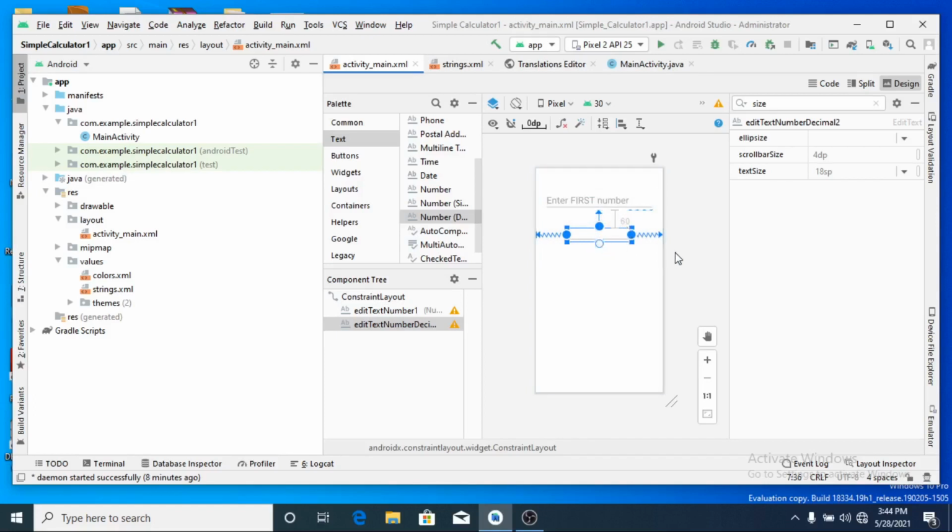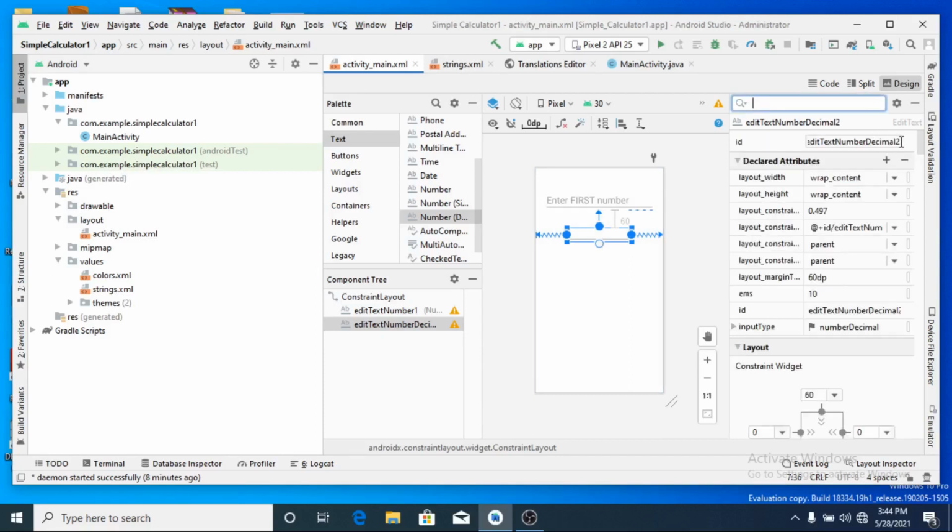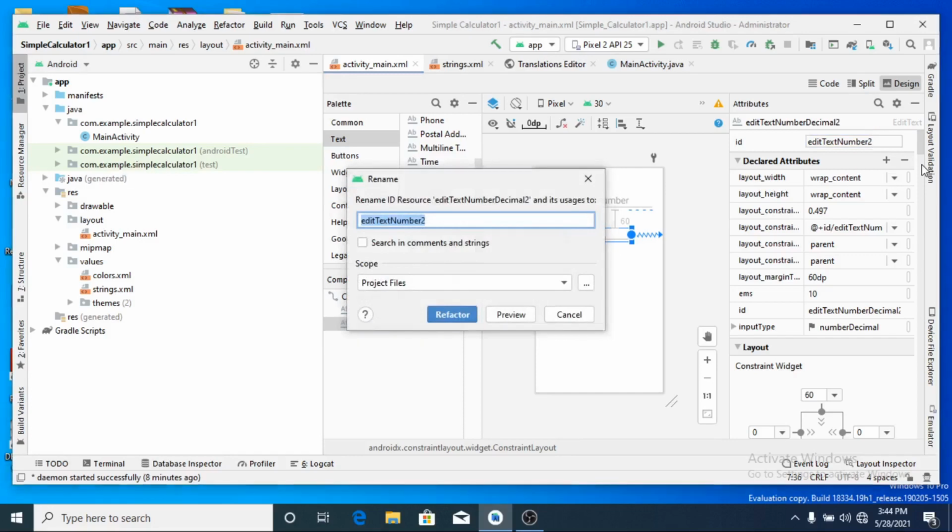I have set it. You can adjust it. Again, I give the ID for this. As I told you, I just give here edit text number 2.